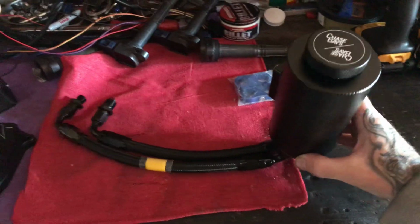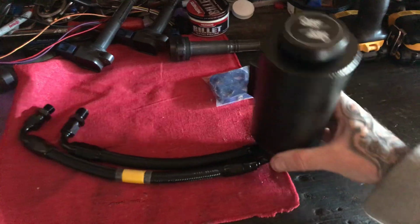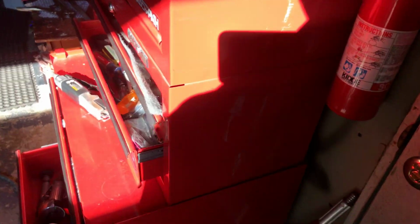So this right here, I'll show you guys, is a Chase Bays power steering delete. So the right way to do it without looping it, because I do have the loop, and I know some of you guys are going to say, oh, you can just loop it, blah, blah, blah. I do have the DevSport loop, but I'm going to tell you right now, let me just turn on the light. The DevSport loop's no good because it doesn't provide any sort of way for the